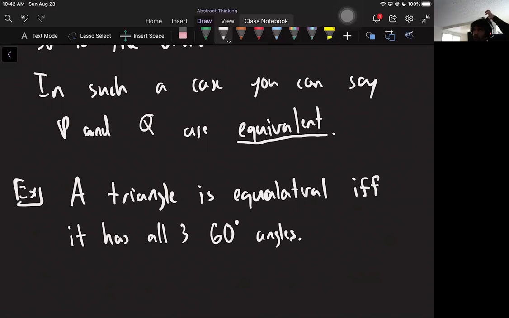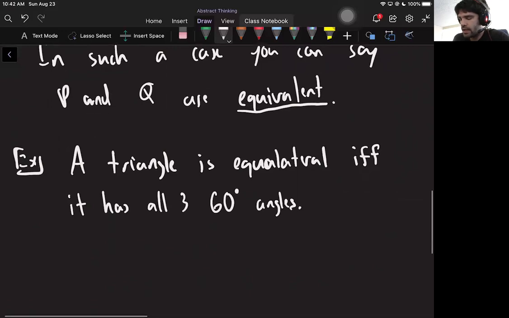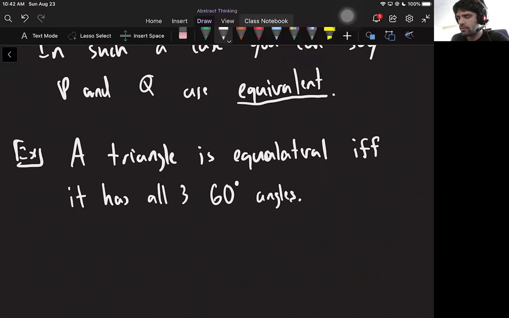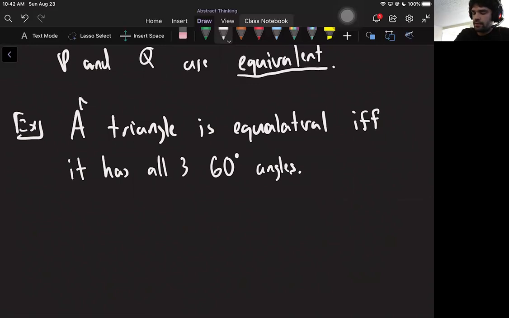So equilateral means what? It means they all have the same side lengths. And that turns out to be exactly the same as having all three angles be the exact same number, which would have to be 60 because 180 divided by 3 is 60. So here, this is P,